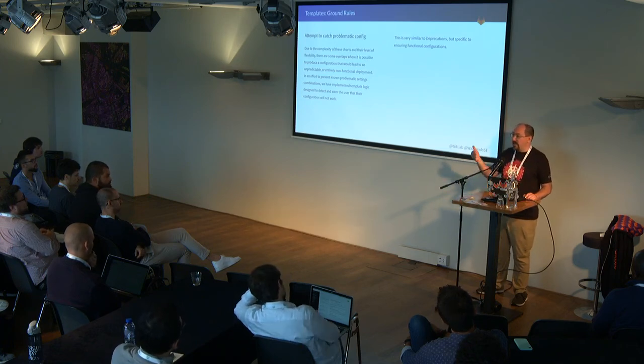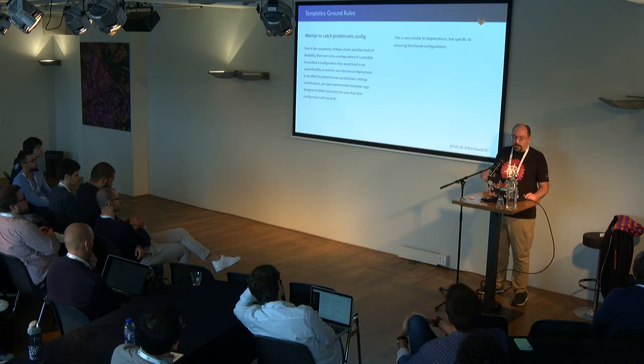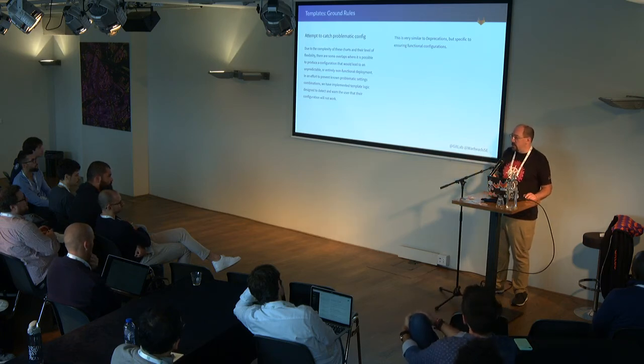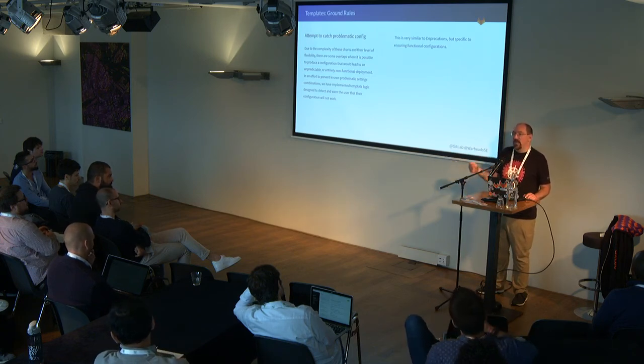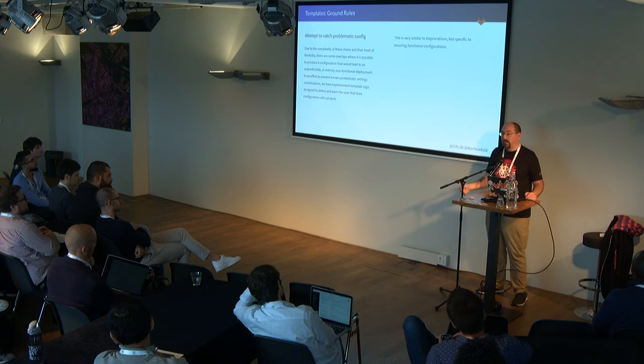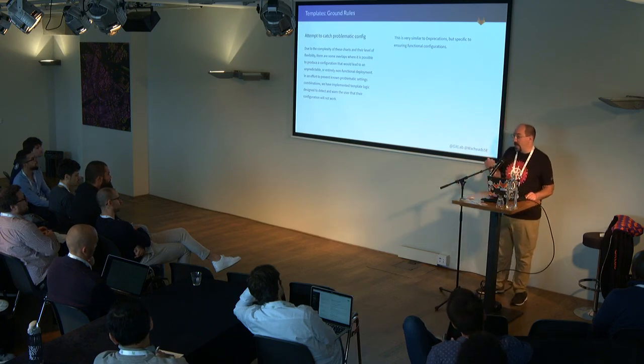So we use the same kind of logic in deprecations, which I can show you at the end if you choose. If we detect that you've set two values that are competing, or that you've set a value but not set a dependent value, we will actually stop you from deploying the chart and deploying a known broken state. So when we can find and detect those, we prevent people from doing that.